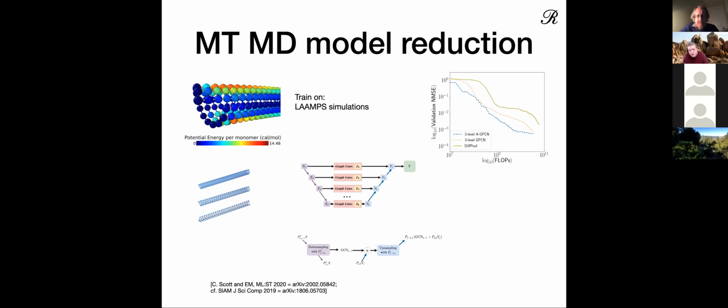fewer proteins, fewer balls, but it is in fact a graph convolutional network whose goal is to predict the energy per protein at every protein in the structure. And that's the architecture that's shown in the middle here. It works at the finest scale, has graph convolutional layers for that, and then it has a stack of them as you coarsen. And so the idea is that long wavelength degrees of freedom are going to be slurped up by the coarsened graph convolutional networks at the bottom of that stack. And then you add up all those effects, and